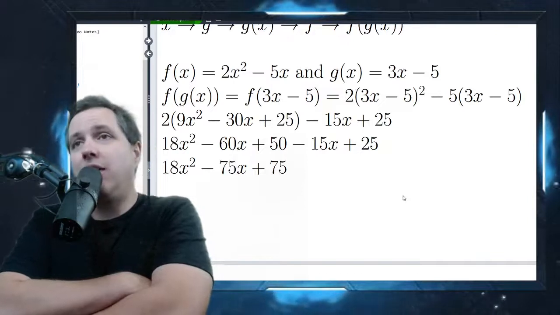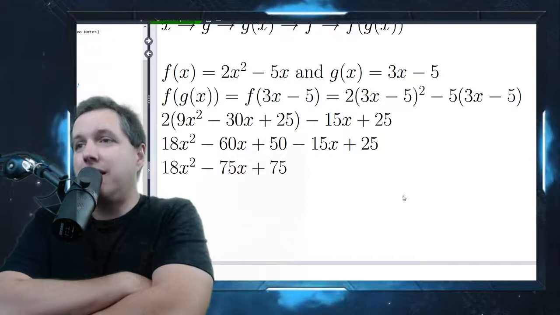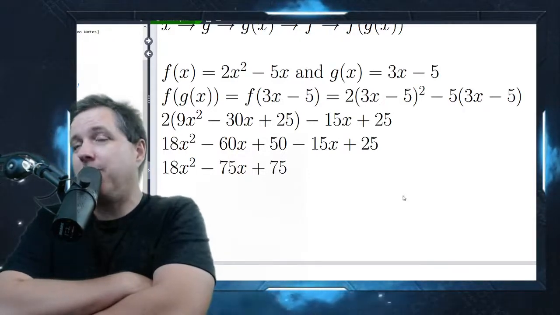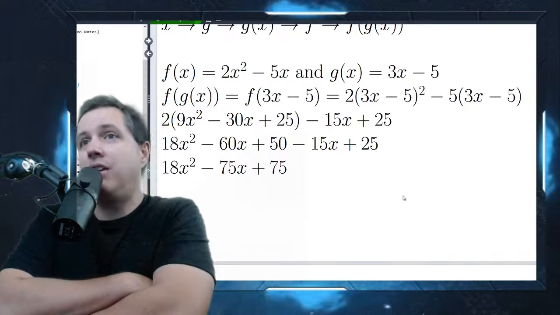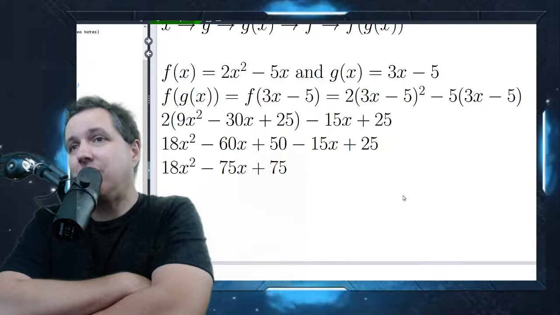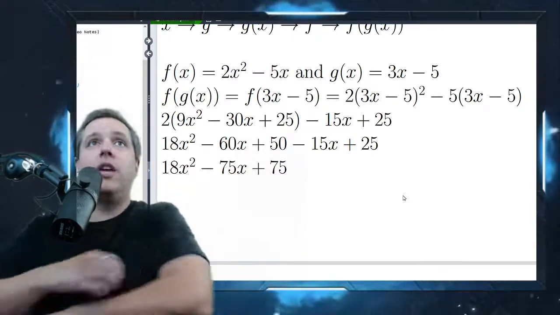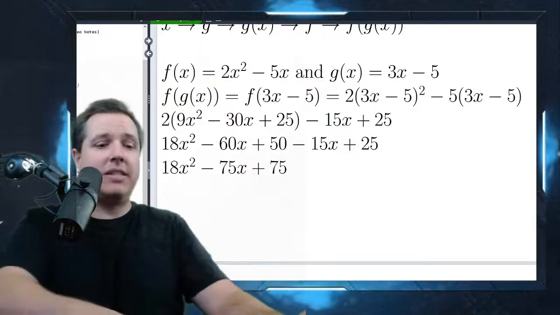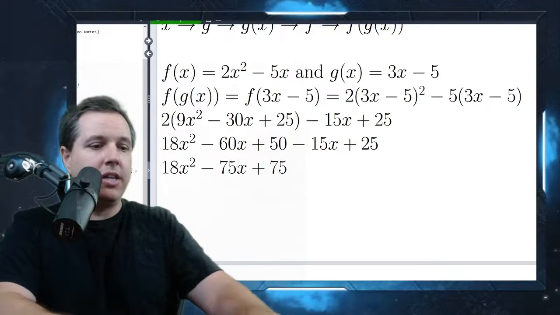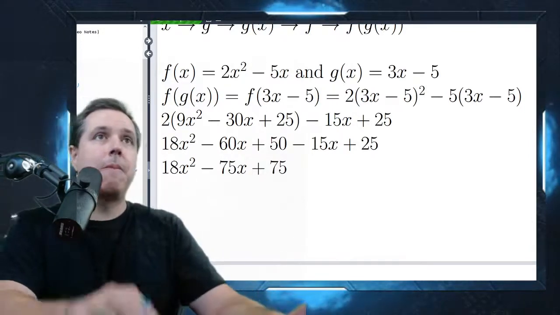As you'll see when we get into inverses, there's a very special circumstance where it doesn't matter what order you do it, but that's only if the two functions are inverses. Any other time outside of inverses that you try to compose two functions, you're going to get different answers when you compose them. So if instead we tried to figure out what g of f of x was,